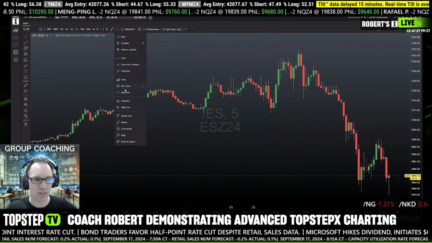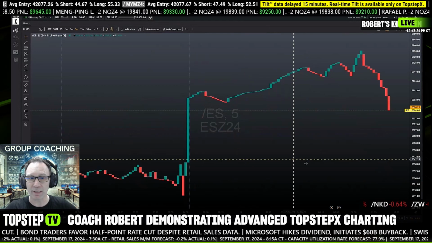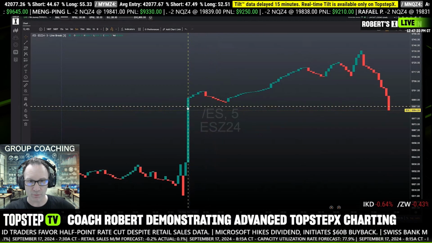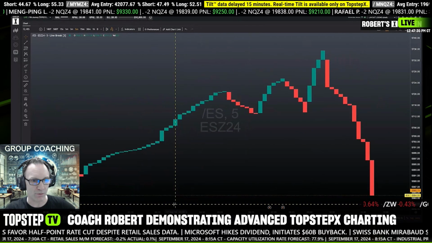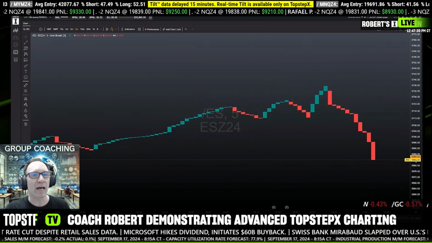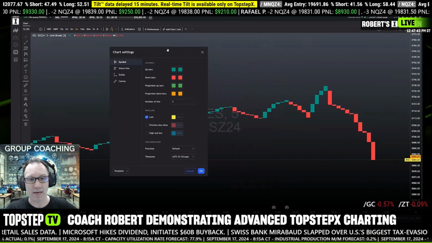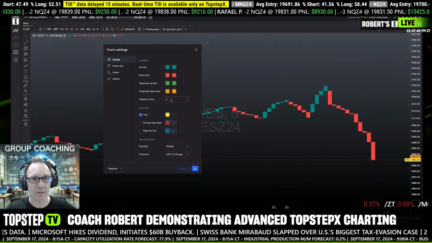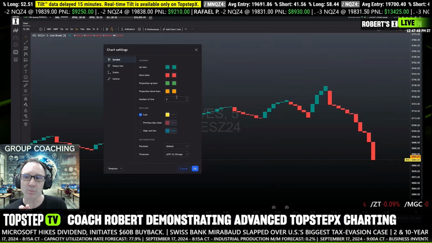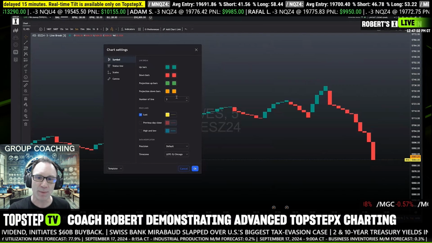Let's go to something called a line break. Now, a line break is pretty interesting. This is the rollover candle, so I'm going to get this out of the way so we can look at today, just like this. We'll shrink it down. Now, what is a line break? Let's look at the settings. I have it set right now as a number 3. What does that mean? It means it's going to look at 3 periods back, 3 candles back, in this case,